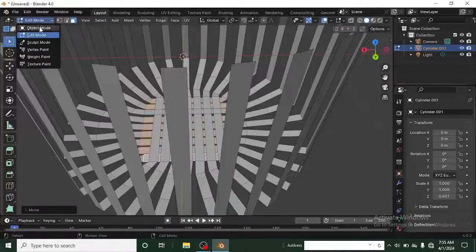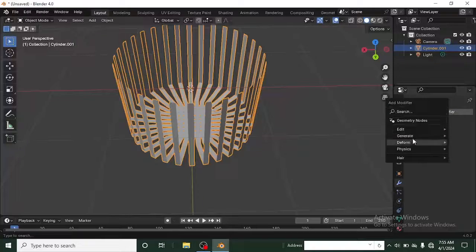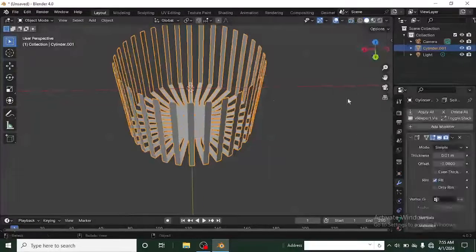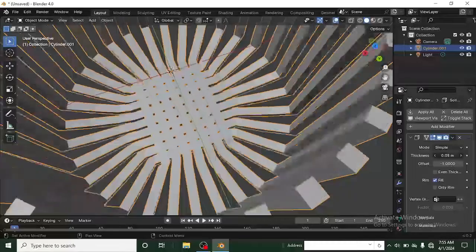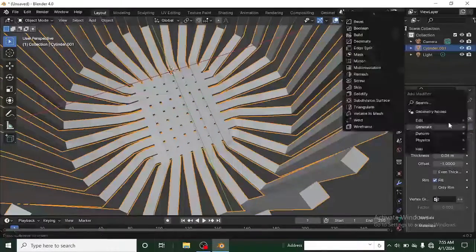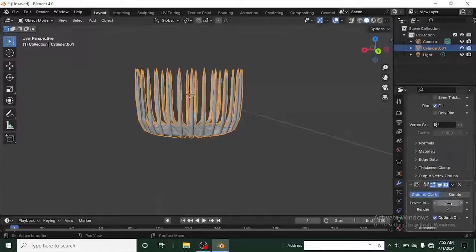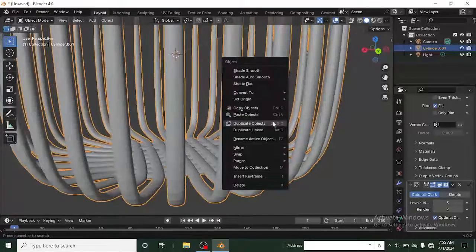So let's add the solidify modifier now. Exit object mode, head over to the modifier tab, and then add modifier, generate, and then the solidify modifier. The solidify modifier will increase the thickness to a good amount. I think this is good now. So we'll add another modifier, which is the subdivision surface, to make this very smooth. I'm going to increase the levels of the subdivision to about 3,